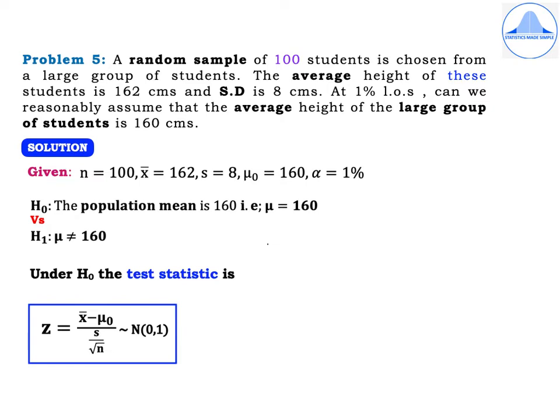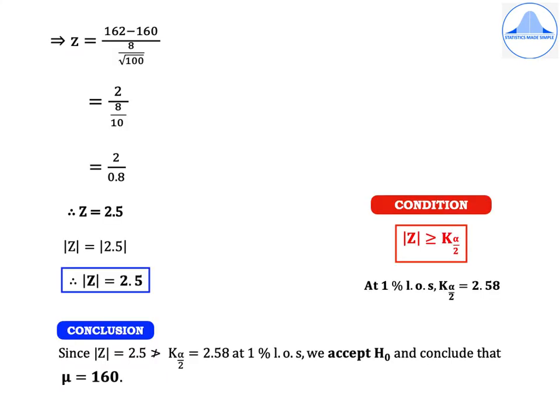Under H naught, the test statistic is z equal to x bar minus mu naught divided by, now it will be s by root n, which follows normal 0, 1. In this problem, sigma is not given. So when sigma is unknown, it is replaced by s. Substituting in z, we get z equal to 162 minus 160 divided by 8 by root 100, which is equal to 2 divided by 8 by 10, which is equal to 2 divided by 0.8,